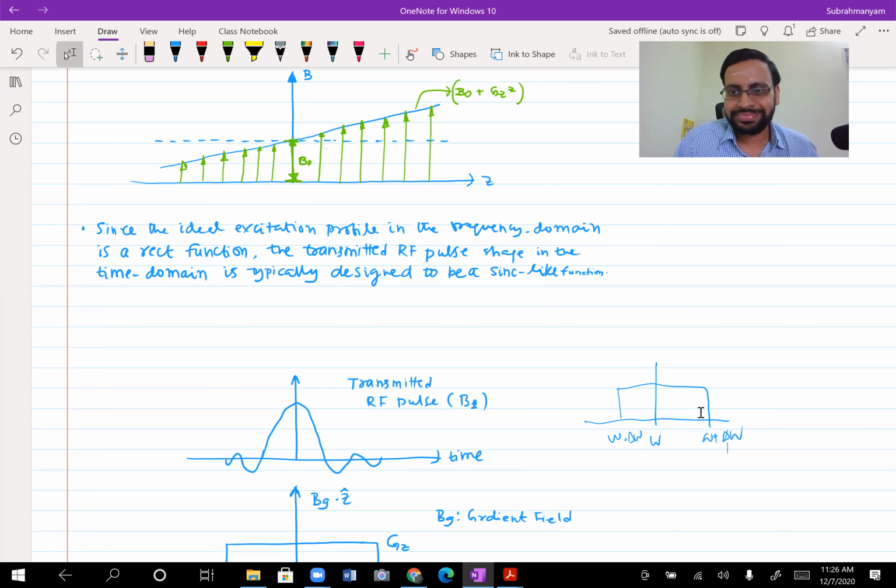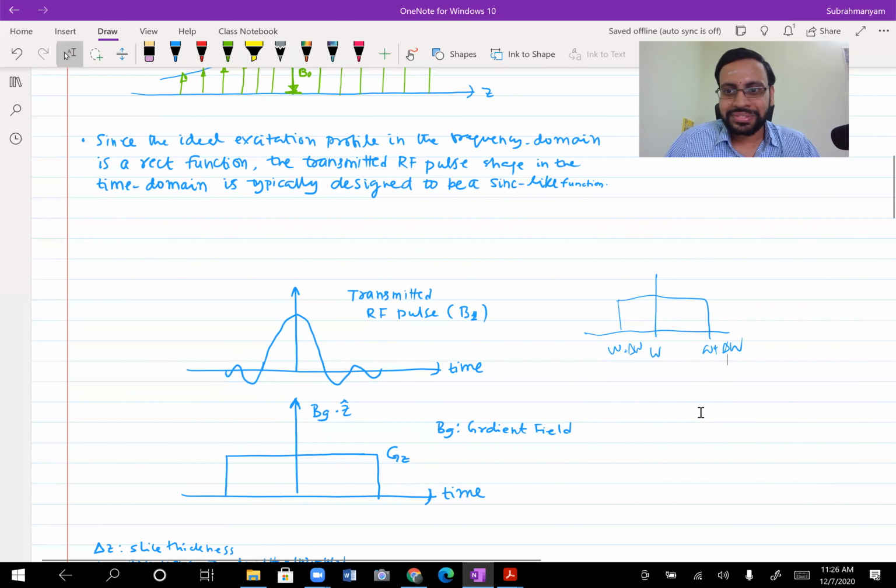So that I understood. But if you're applying this rect function kind of thing, then we will be getting the resonant frequencies corresponding to a range of frequency values, right? This rect function, are you talking about this one? Yes, sir. B1 we are applying as... Yeah, so you won't apply the rect function there, you apply a sinc function there, something similar to a sinc function.